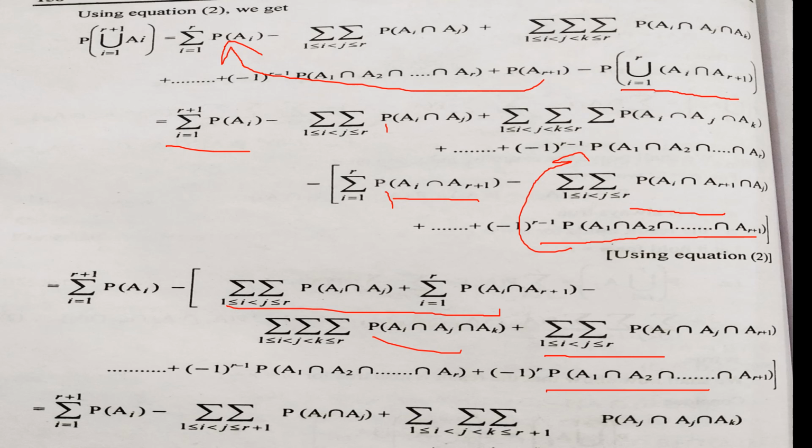So simply at the last step, you have to replace all r's with r plus 1, and you will get your result. So it is a difficult one. If you write it seriously by taking notes, then you will achieve this result very easily. First of all, you must know the addition theorem, and you can generalize the theorem for n terms.